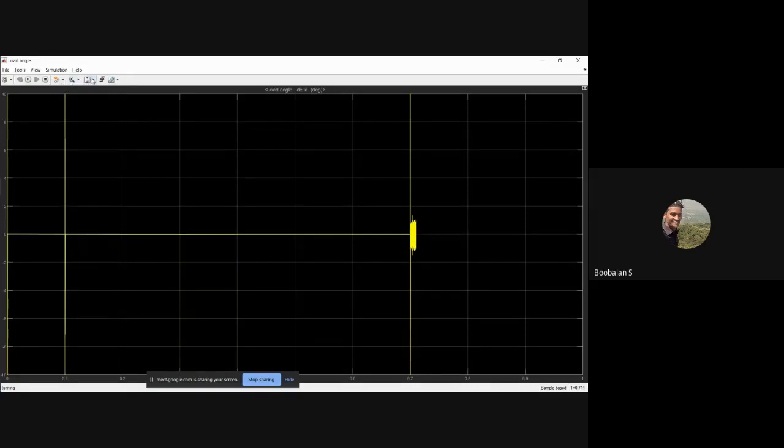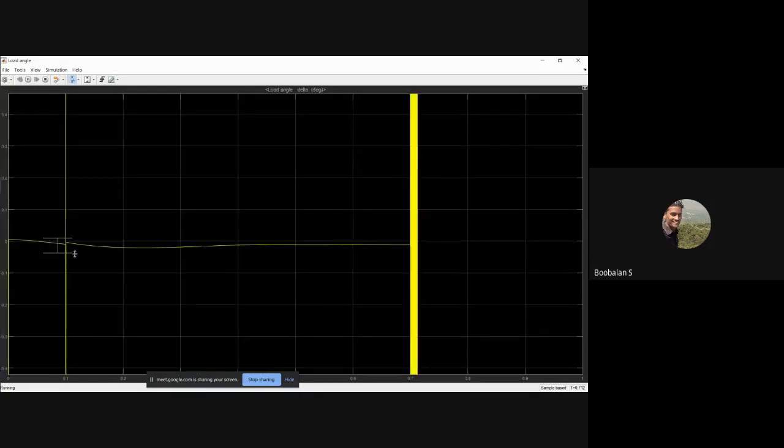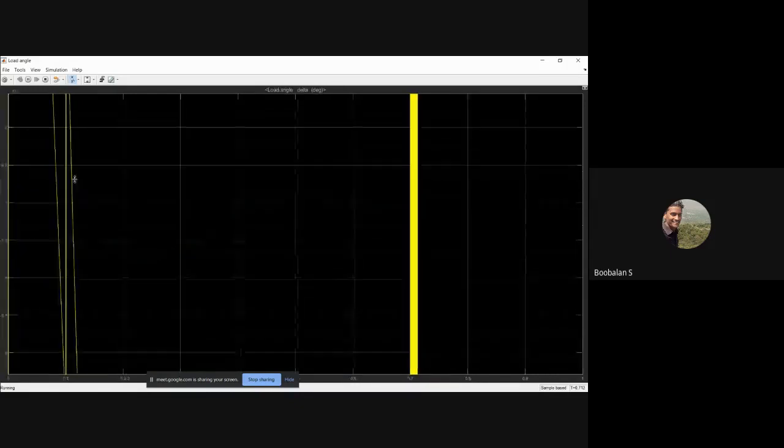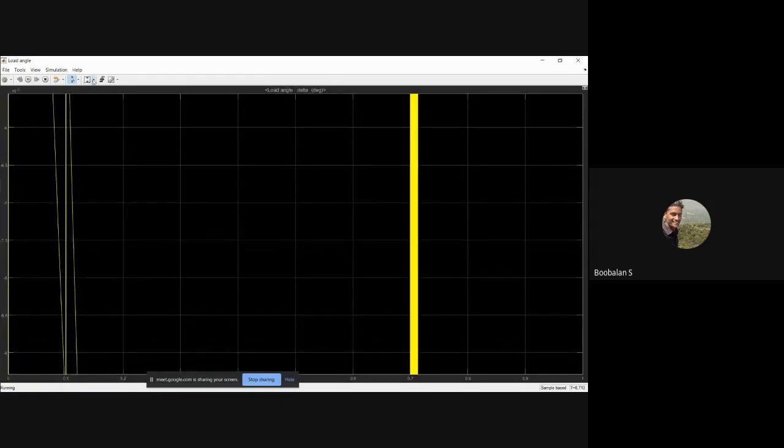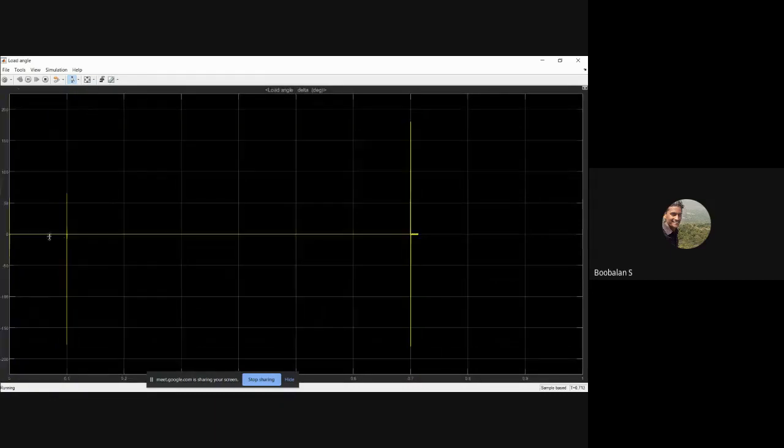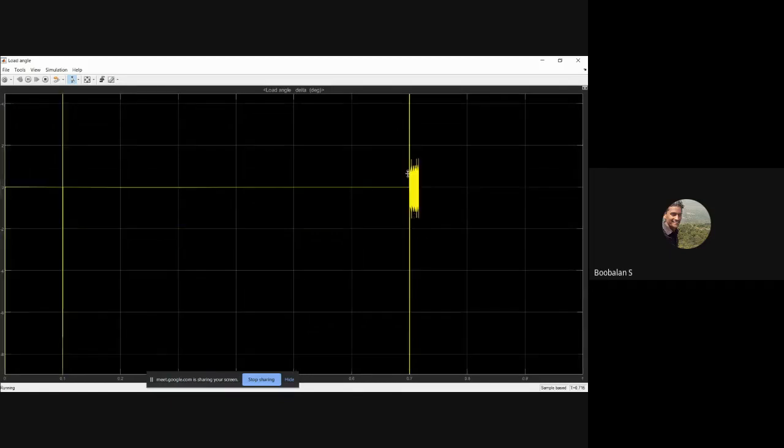So let us zoom it in vertical mode. I'm just using vertical mode over here, right? So in this particular period the load angle is changing, in this particular area alone. The remaining time period the load angle is not varying. You could see after 0.1 second the load angle has reached 0, but at 0.1 second the load angle is changed a little bit. Here also at 0.7 second the load angle has varied, right? Still you could see some oscillation here.